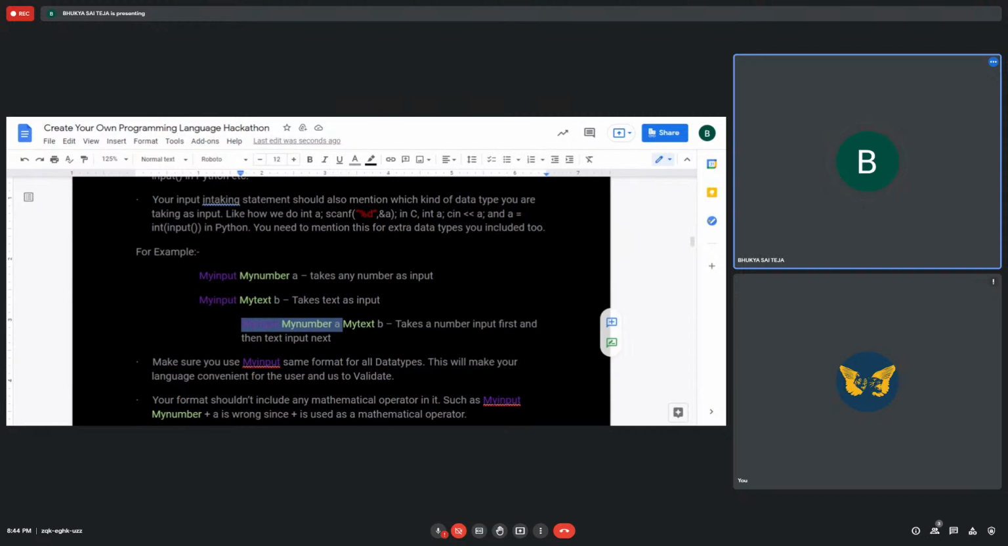If you want to give an integer and string both as an input, then this would be my example in my language. So in your language you can also include it as one line, or you can separately take an integer and separately take a string. This is optional. Okay,